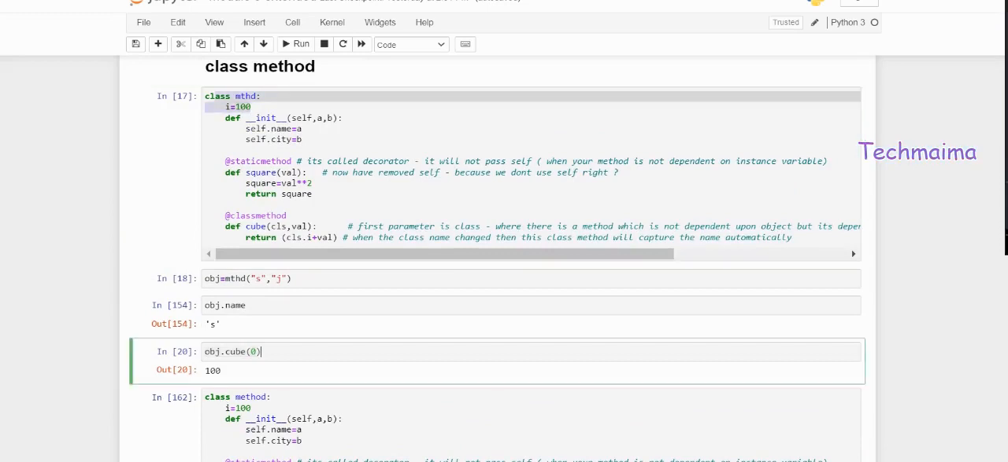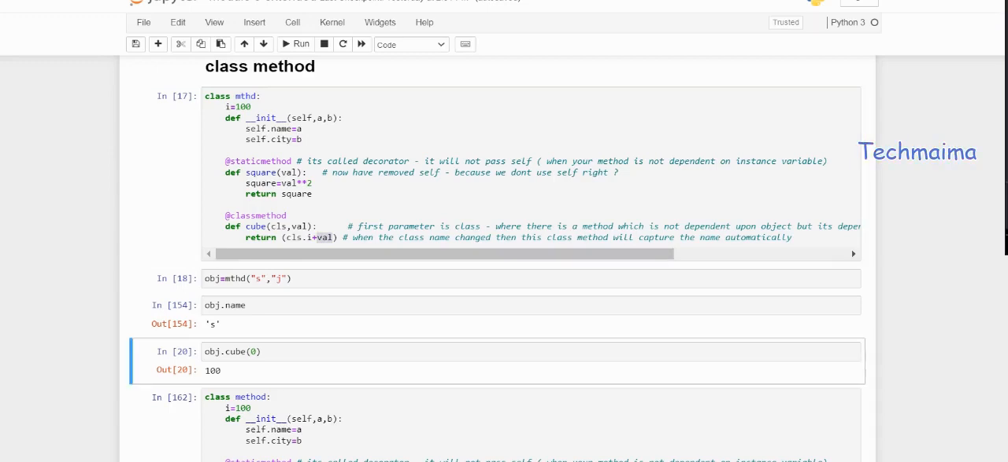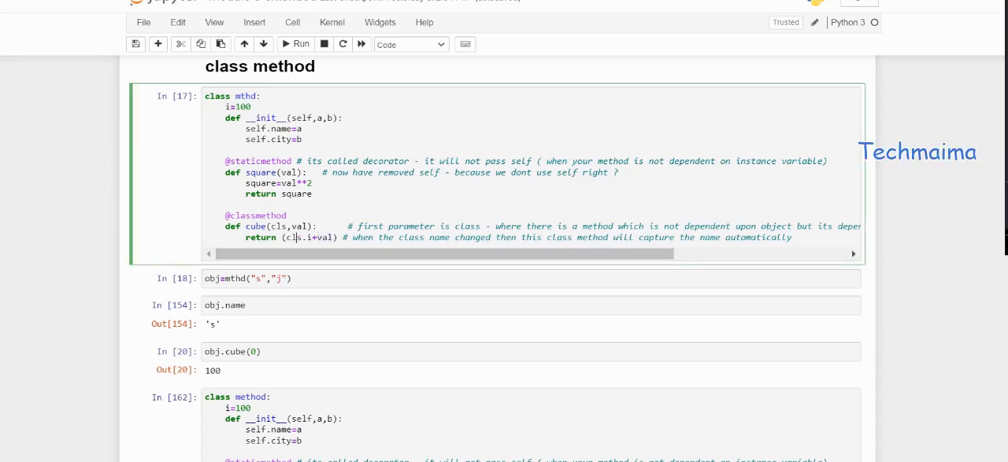So this is not dependent upon the value you pass here. See, I'm passing 0, and I'm getting the output I'm supposed to get. Right, getting my point? Class method cube, I want to cube the values. So return cls.i, the class.i value will be passed here plus the value whatever you are giving here. If you run this,